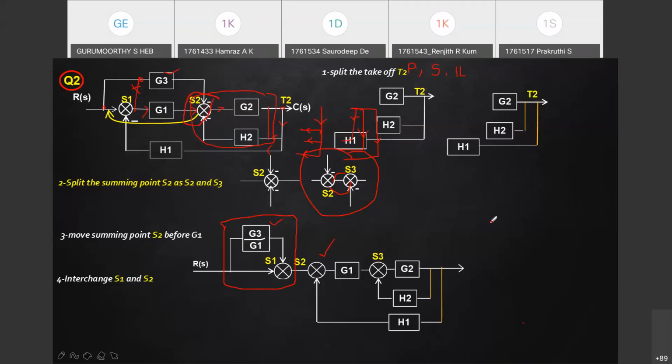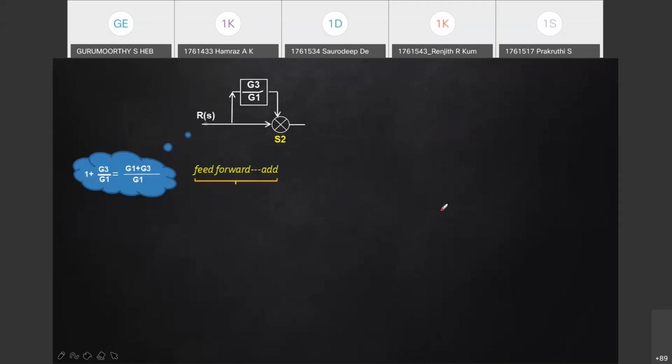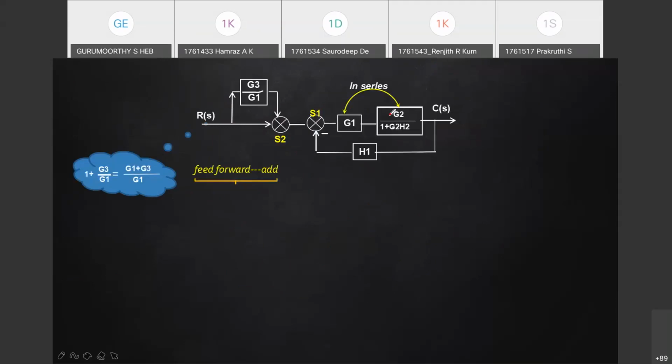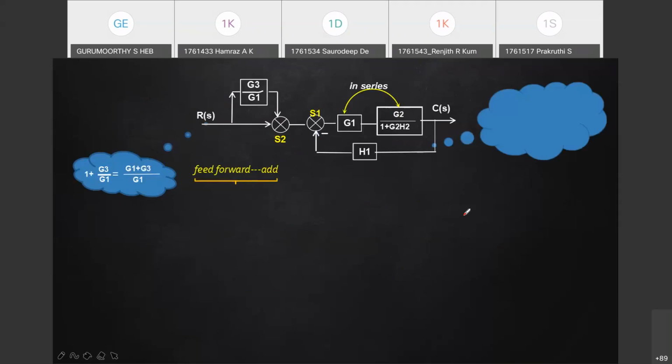Now you can identify series, parallel, independent loop. Everything is simple. Initially it will take some time to look at the block diagram and think of all these. Now wherever a loop is there, this can be simplified with the loop formula, that is G2 divided by 1 plus G2H2. Though this is minus here, it is 1 plus G2H2. That will make this block and this particular block in series. You can multiply G1, G2, that is shown here. So this G1, G2 now will be in series, and that can be simplified.